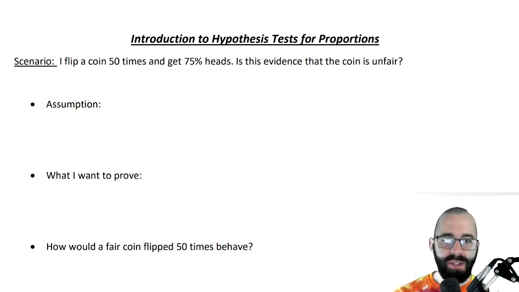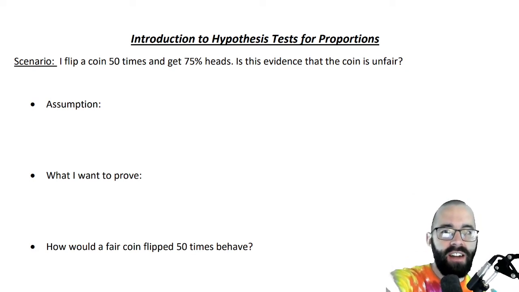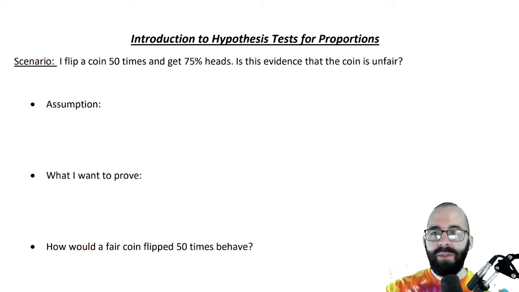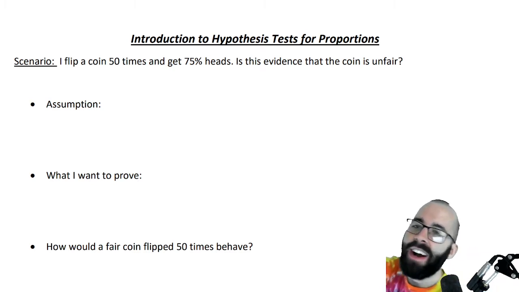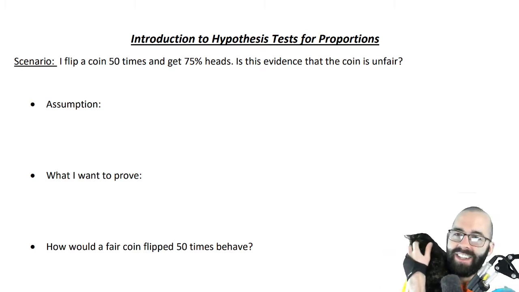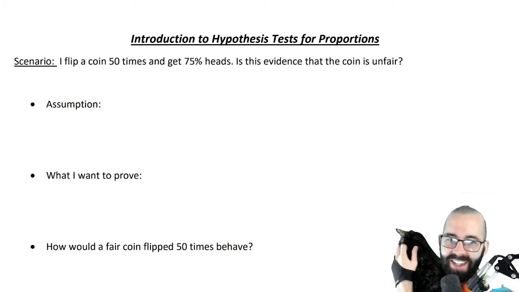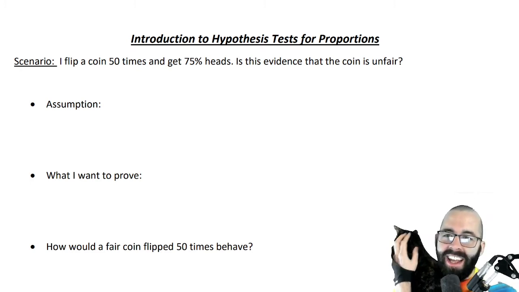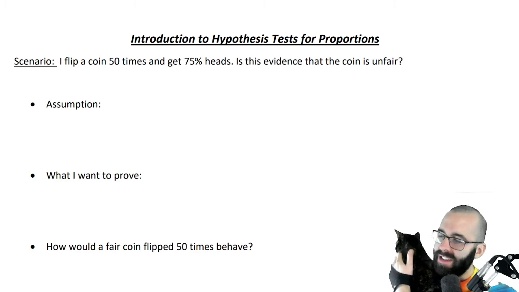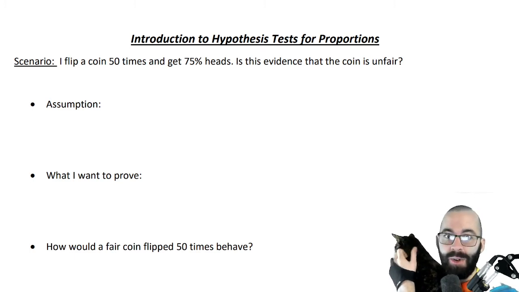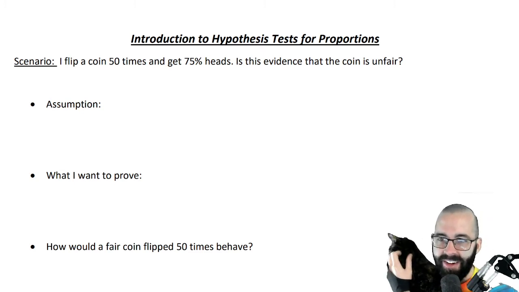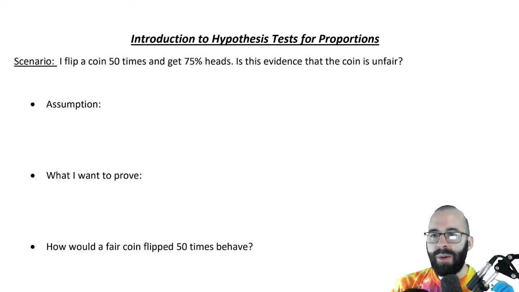So, let's pretend that we're flipping a coin 50 times, and 75% of these are heads. Now I know, yes, it's impossible to get exactly 75%, but let's just pretend, okay? Flipping a coin and we get about 3/4 of them heads. Is this enough evidence for us to confirm, or at least suspect heavily with statistical backing, that this coin is not fair? All right. So one of the ways that we can approach this is we can kind of visualize this a little bit